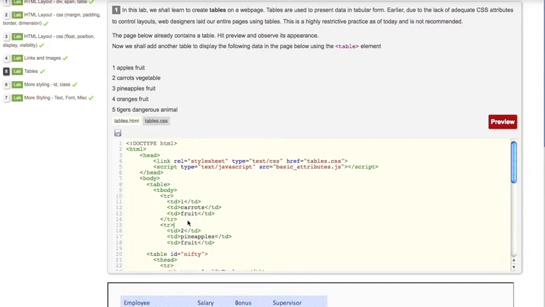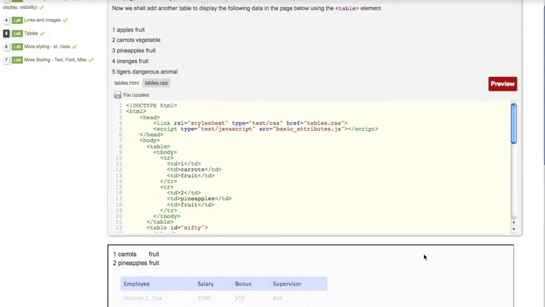In fact, carrot could be a fruit, but let's just call it that. So now let's end the tr tag, let's end the tbody tag, and let's end the table tag, right? So let's save this and hit preview.